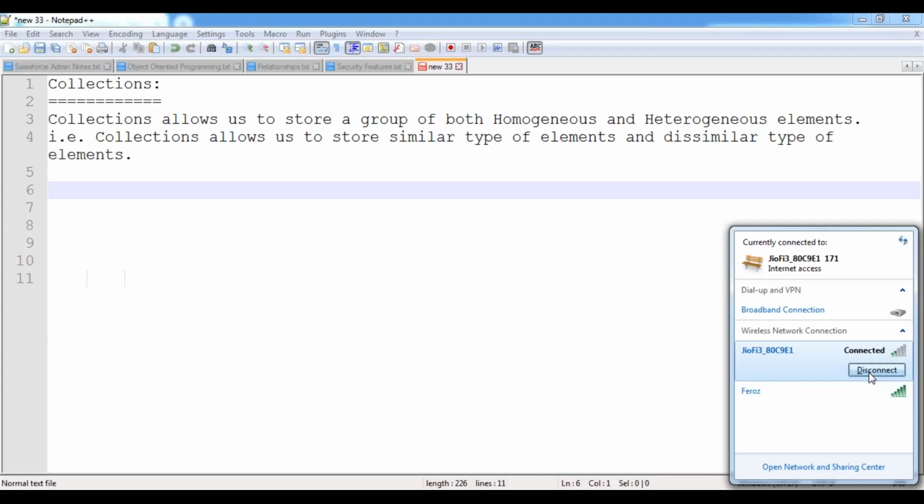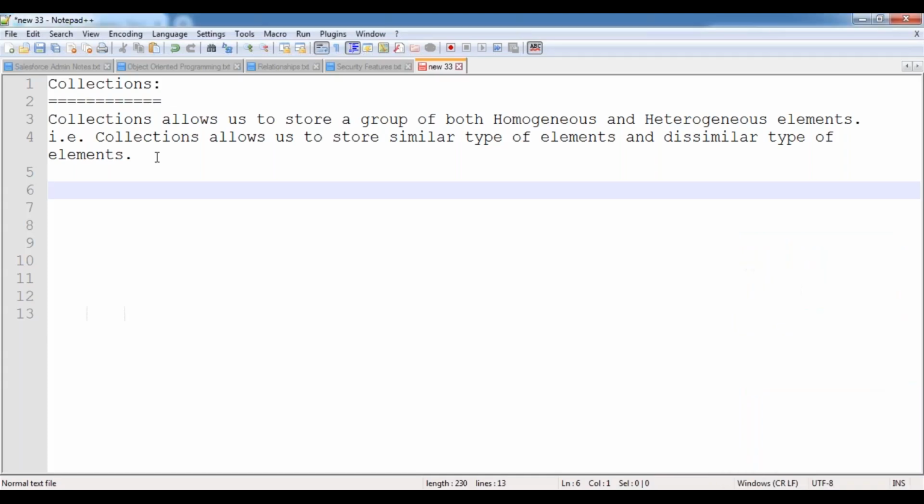Collection allows us to store both homogeneous elements and heterogeneous elements inside it. So both similar type of elements we can store, and dissimilar type of elements also we can store inside it. Now, whenever I'm storing some elements inside the collections, collections will be working like balloons. Collections are working like balloons. Like for example,